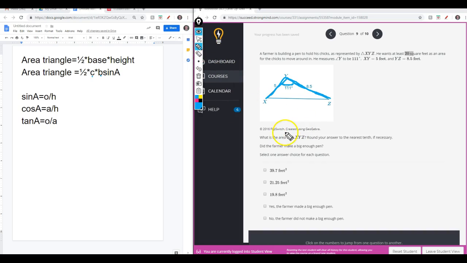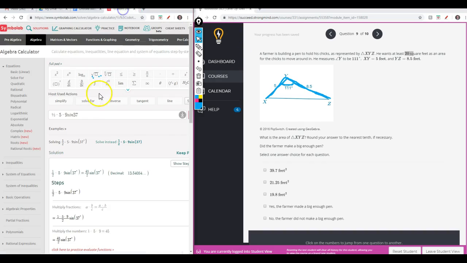So when we substitute this in, it doesn't matter which length goes in for C and B because multiplication is commutative, so you can switch those sides around and it'll still be okay. I just always start with, quote unquote, the bottom jaw as I would see it in an alligator, and I would see it as 5 right there. And then the upper jaw, or the other length that creates our angle, which is 8.5, and then we have sine of 111 degrees. So then we're going to copy this, and I'm going to jump over to our symbol lab, paste that in,